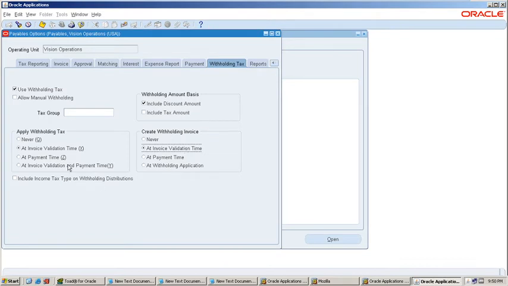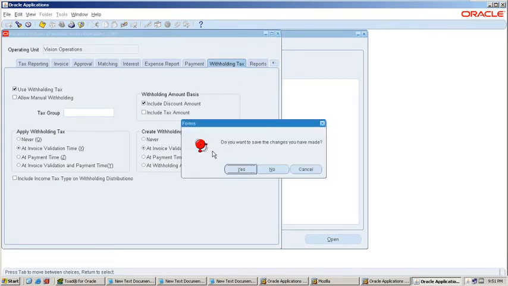In the apply withholding tax section, you specify at what point of time the tax should be withheld. Under the create withholding invoice section, you specify when the withholding invoice will be created. Okay. Done.